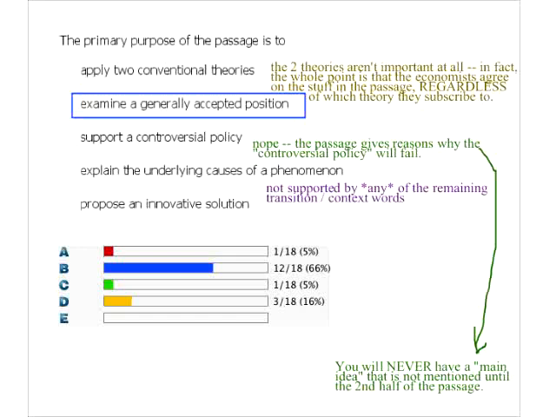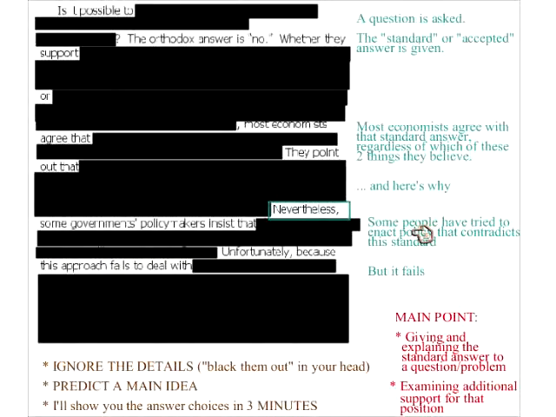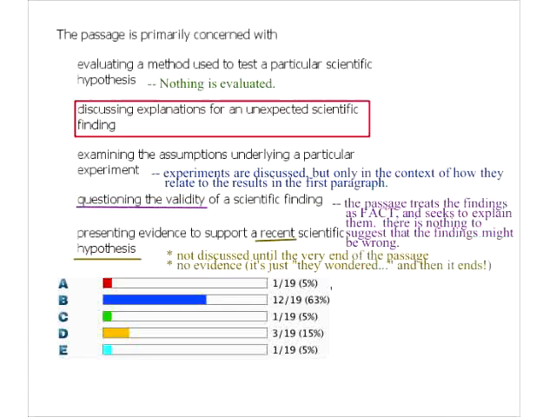Okay, and then innovative solution, nobody picked that, so we don't need to worry about it. Well, Brian, it's everything. I mean, it's the whole passage. Notice this main idea has to do with all of this stuff. It has to do with everything. In this passage, this main idea had to do with everything.